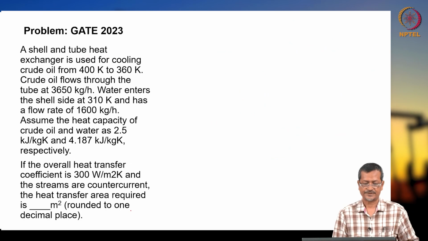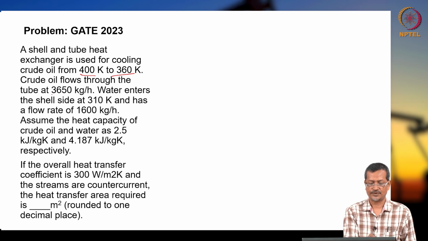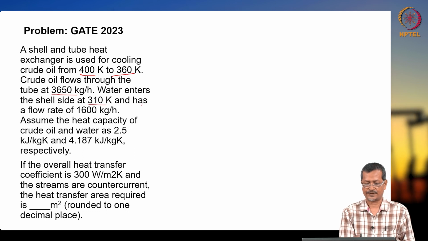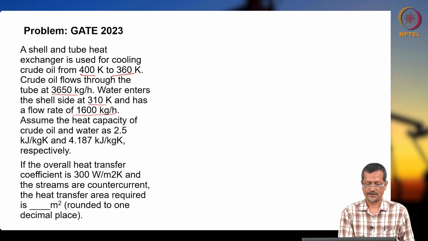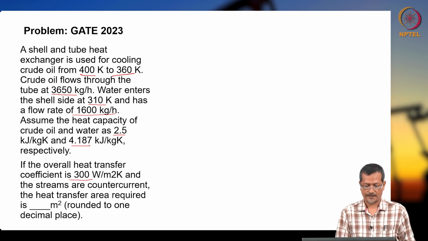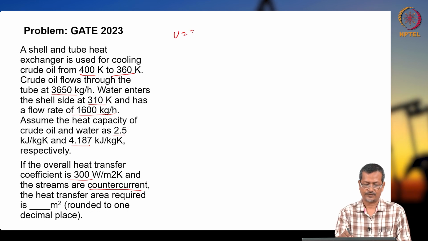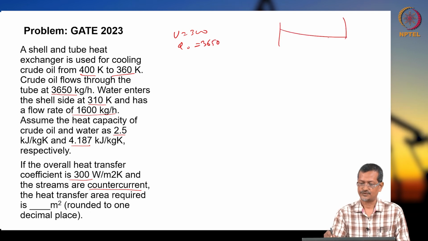Like again another problem, shell and tube heat exchanger used for cooling crude oil from 400 to 360 degree. Crude oil flows at 3650 kg per hour. Water enters shell side at 310 Kelvin and has flow rate 1600. Assume heat capacity of crude oil and water 2.5 and 4.187, with the overall heat transfer coefficient U again given, counter current heat exchanger. So what is the heat transfer area? So again U equals 300, QO equals 3650. First you draw this curve actually,